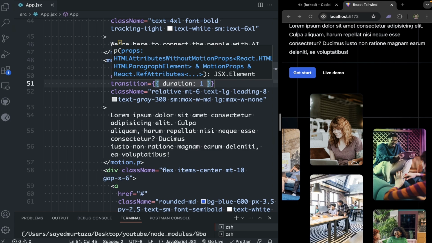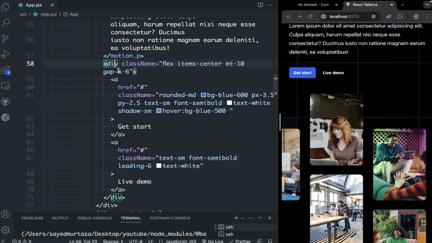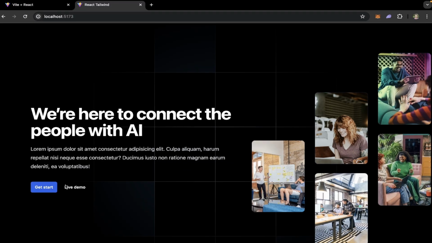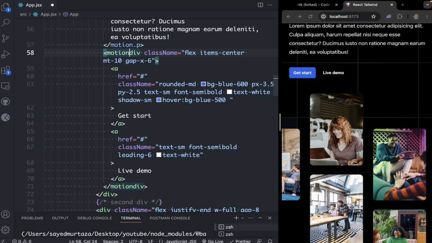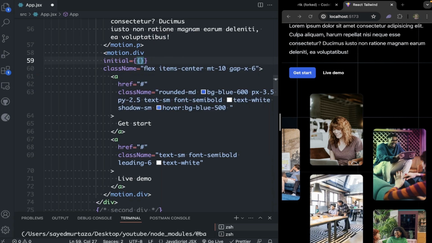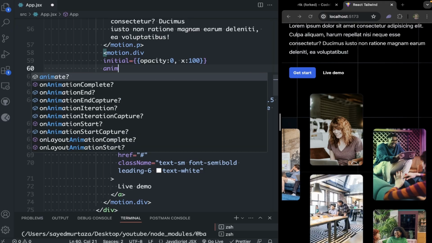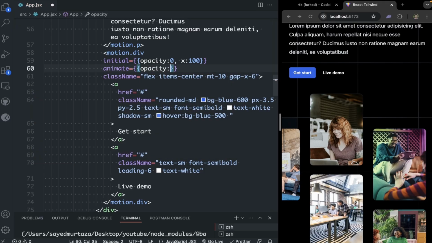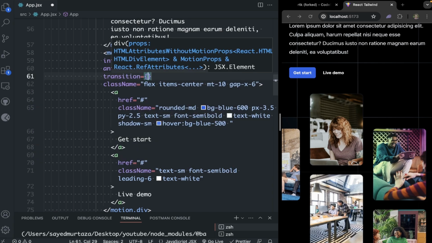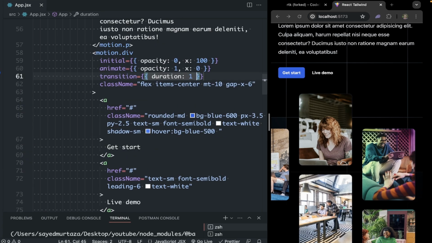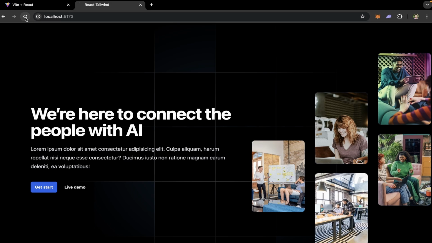So let's add animation to this div, our link div. I want to animate these two buttons, motion.div, initial will be opacity will be 0, x will be 100, animate opacity will be 1 and x will be 0, and transition duration will be 1. If I save, so guys,